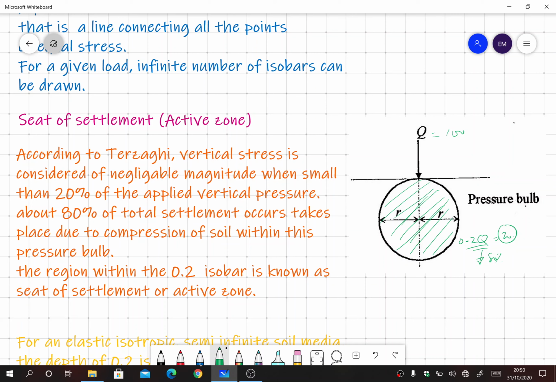So it is the pressure value where it reduces to 0.2. Here its value will be reduced to 0.2, and we know that on a pressure bulb everywhere it will be 0.2 Q. So this circle is called the 0.2 isobar, where the intensity is 0.2. That is called the seat of settlement. Okay, so the region within the 0.2 isobar is known as the seat of settlement or active zone. We have already discussed that. Okay, so then we have